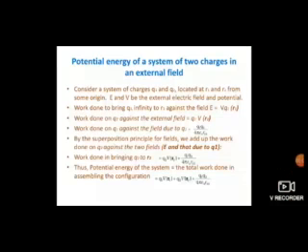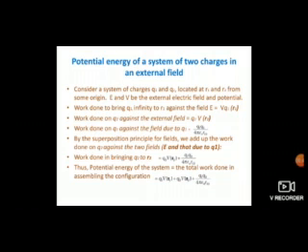Now let us see the next slide, children. Potential energy of a system of two charges in an external field. Consider a system of charges Q1 and Q2 located at distance R1 and R2 from some origin. Let us consider external field E and V be the electric field potential of that field. Now, we are going to calculate the potential energy of this system by taking the work done bringing Q1 to the distance R1, and then we are going to bring Q2 to the distance R2, so that we are going to calculate the total work done.